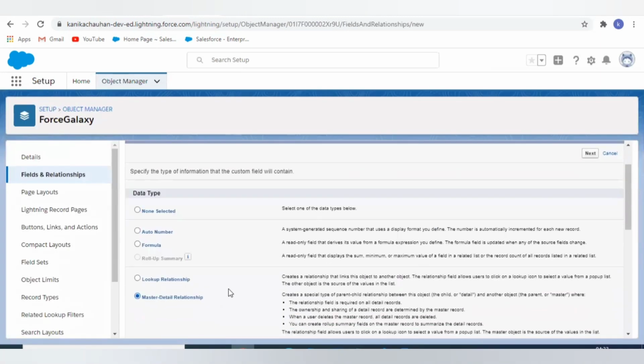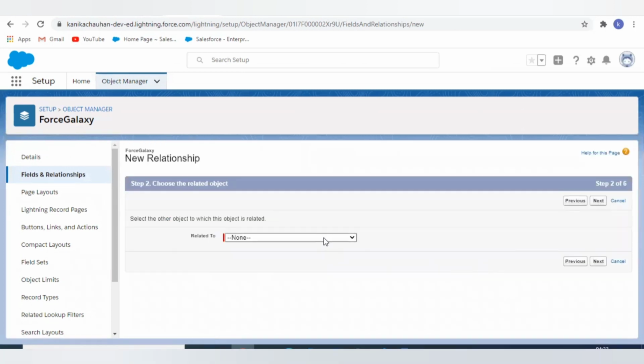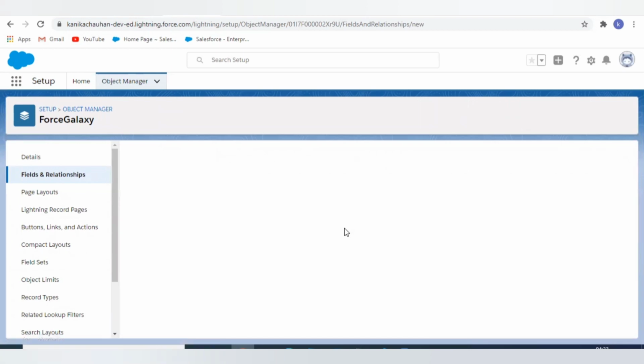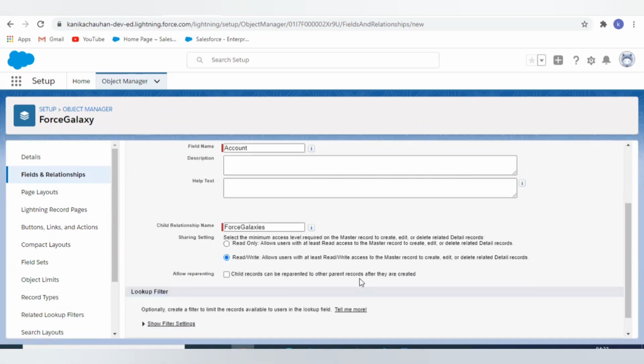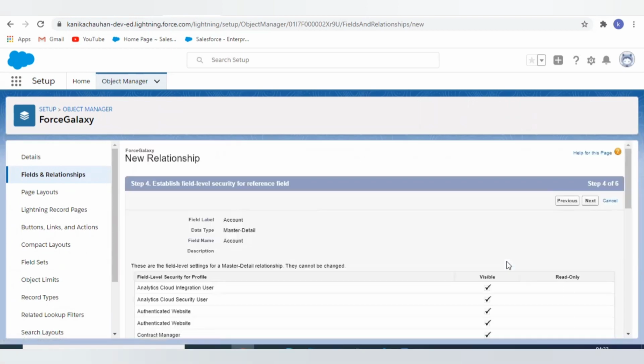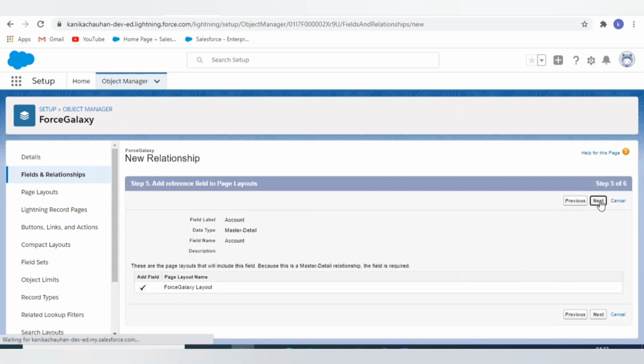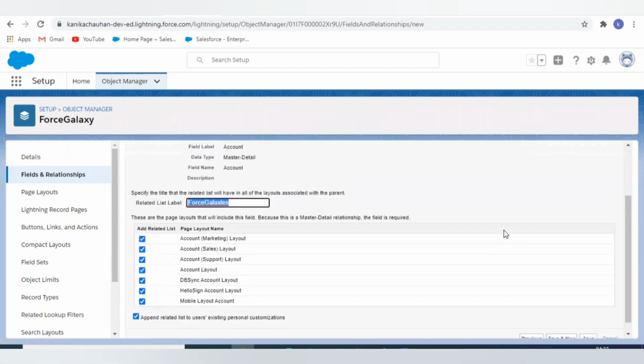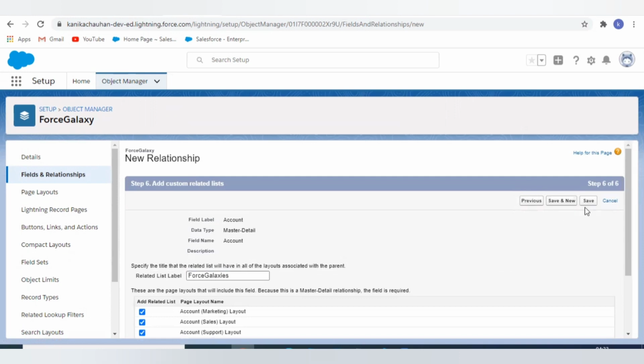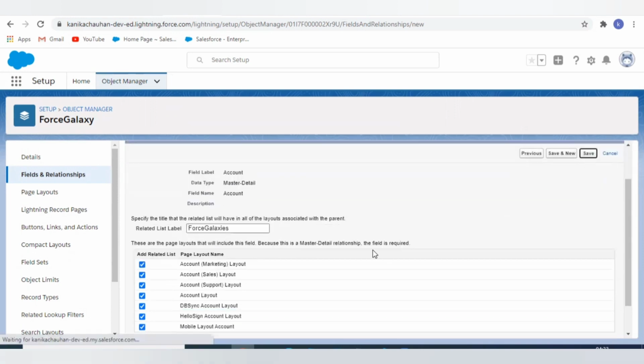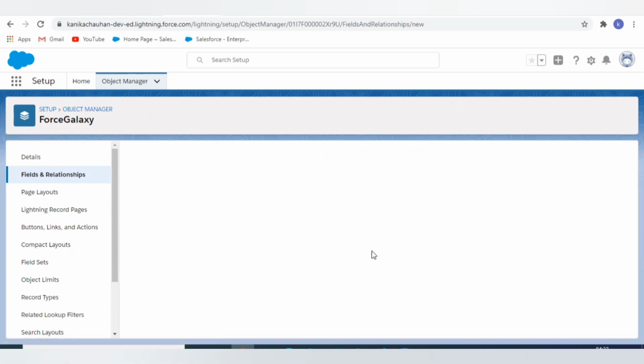Here is field type, master detail relationship, selecting its parent object, that is account. Next, and then save. So in this relationship, my parent object is account and its child is Force Galaxy.